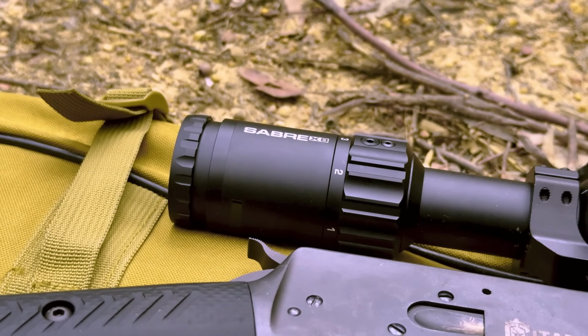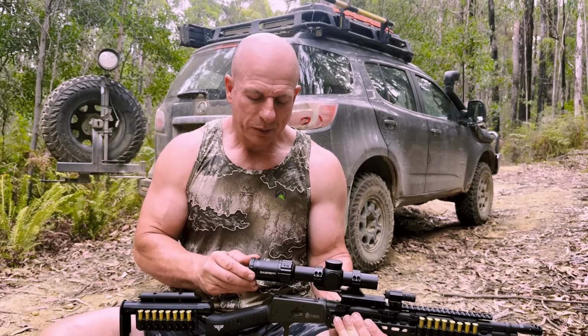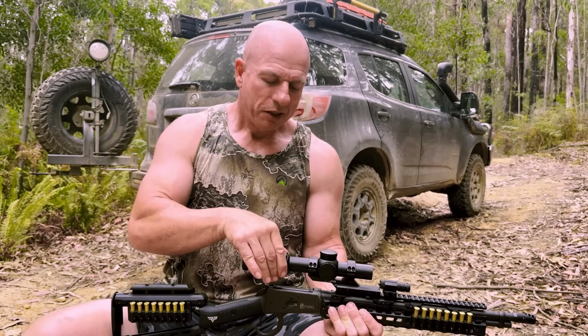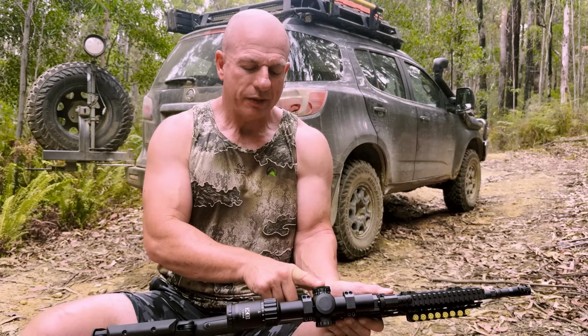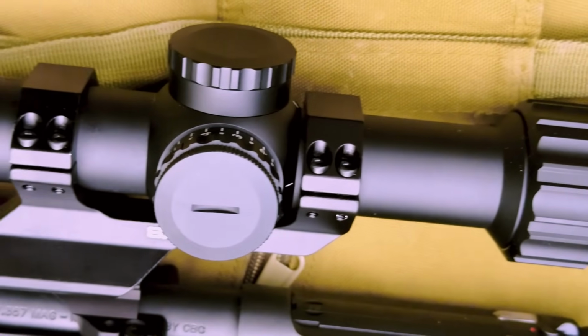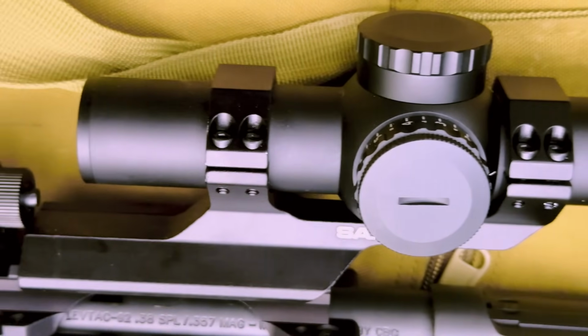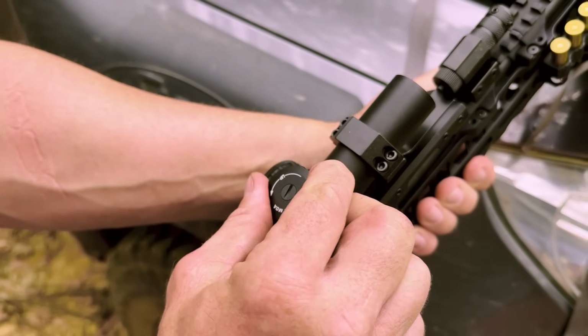it's a great match. You've got low profile turrets. You've got the focus adjuster on the rear here, which is great for my poor eyesight. You've got the 1:8 zoom adjuster here, and you've also got the parallax adjuster here on the left-hand side to help maximize performance and accuracy out to a range of distances. I also like the option that we can remove the center screw from these caps and re-zero them once the